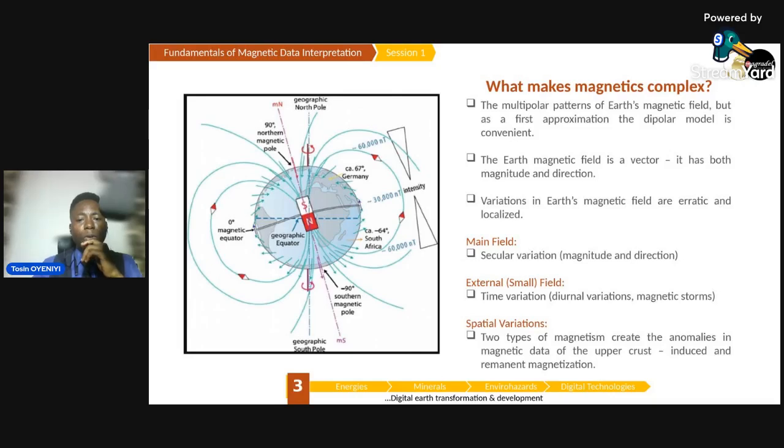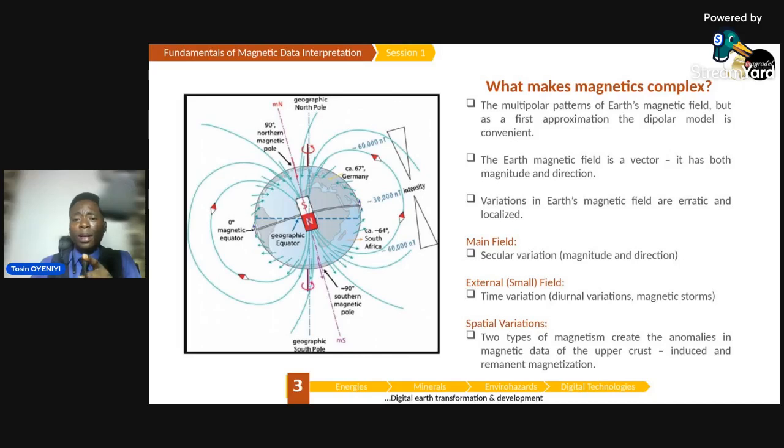Meanwhile, when you come to the equator where the inclination is 0 degrees, you are having a magnetic intensity of approximately, not minus as I said earlier, approximately 30,000 nanotesla. So actually the magnitude of the magnetic field associated with the spatial variation that we are interested in, which is from the geology of the upper crust of the earth, is not of the order of thousands. You are having this magnetic field intensity to be of the order of thousands on this particular figure